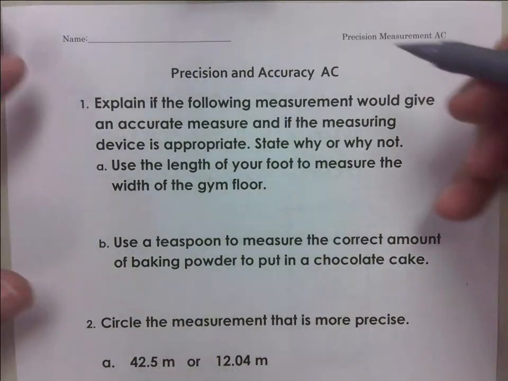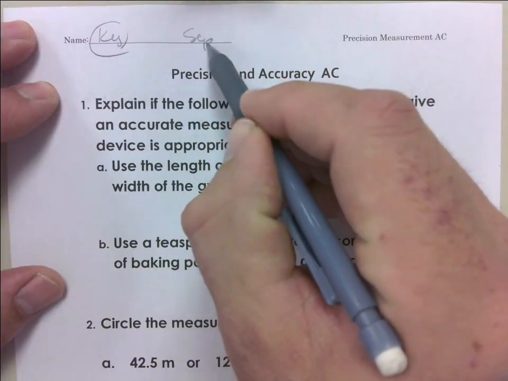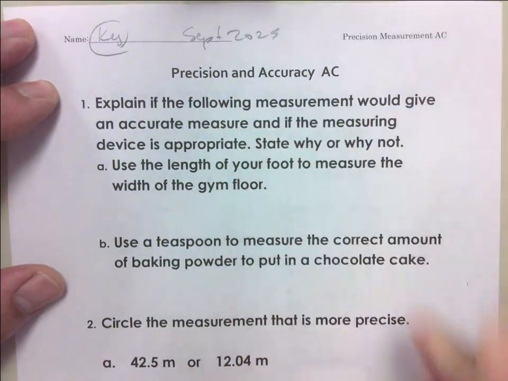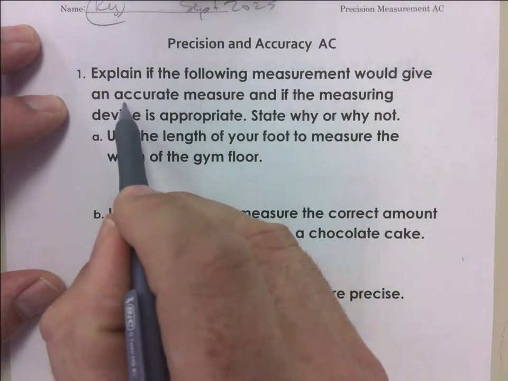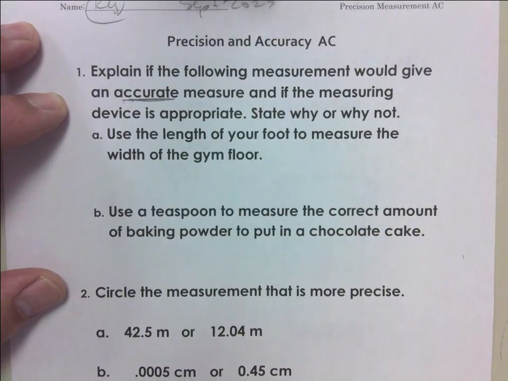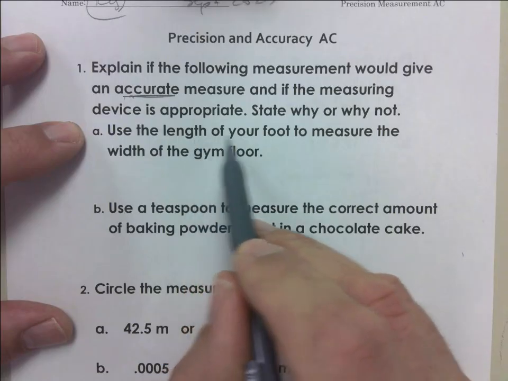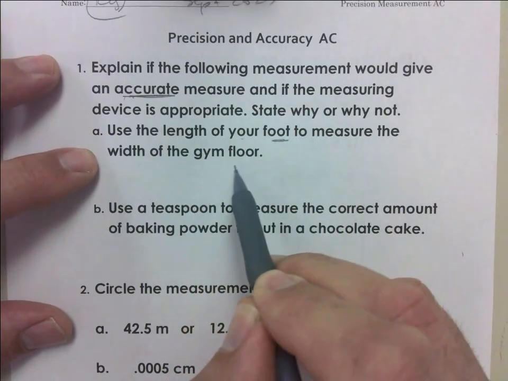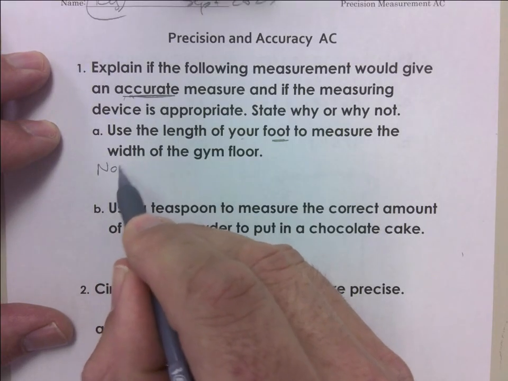All right. So here it is, key. Explain if the following measurements would give an accurate measurement, and if the device is appropriate, state why or why not. Using the length of your foot to measure the width of the gym floor. Okay, so you would say not accurate